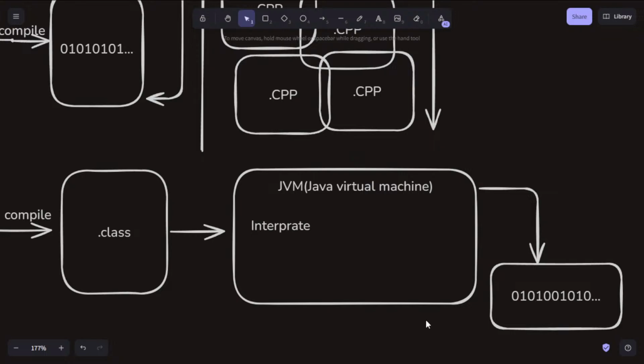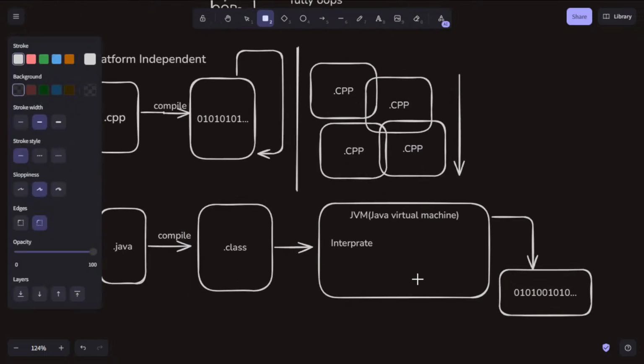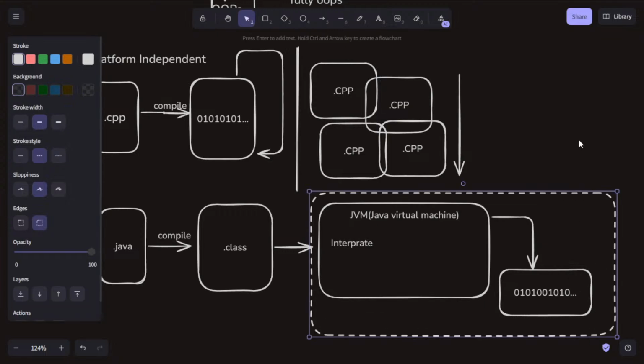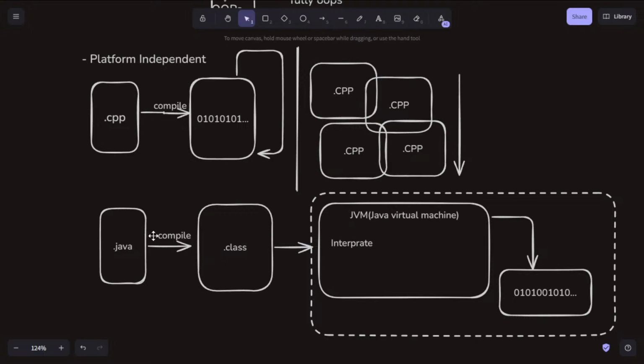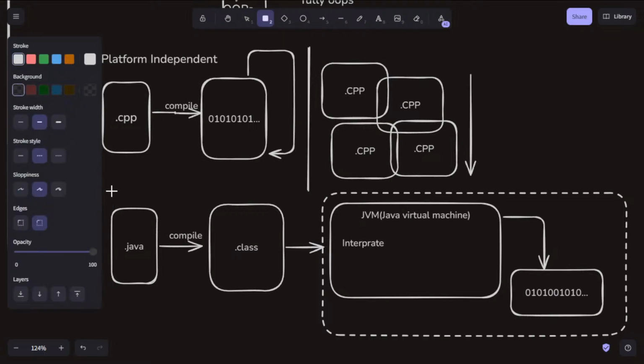Okay, now the machine is going to understand this. It means that every machine is required to install the JVM. Whenever we send the file, or program, to a new machine, we are not going to send the Java file.